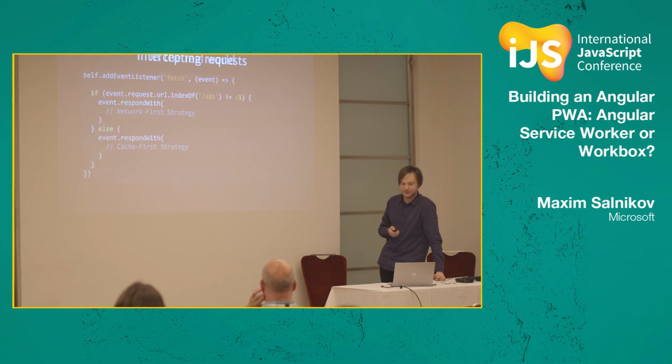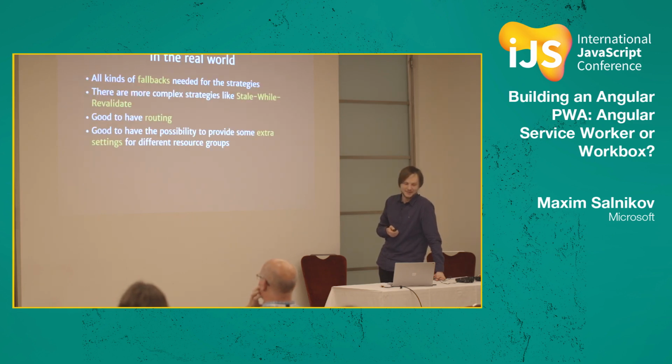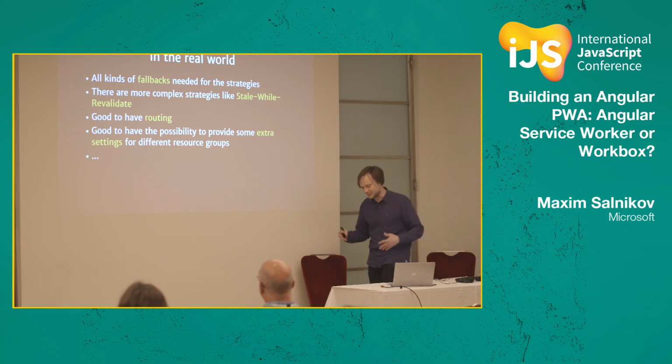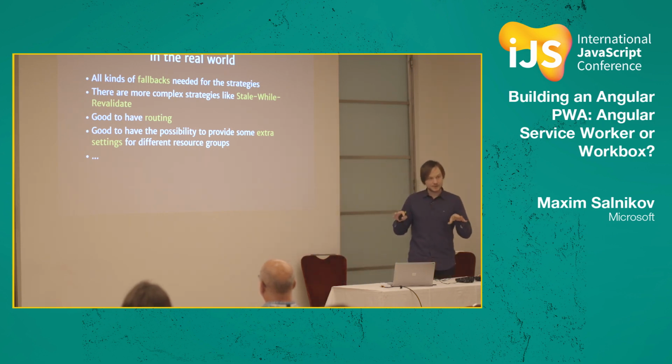But in the real world, it's even worse, or let's say even more interesting, right? As I mentioned, you have to provide all kinds of fallback. What if it's not available here? What if it's not available here? And it's quite a lot of code, right? So if you go for a manual service worker,